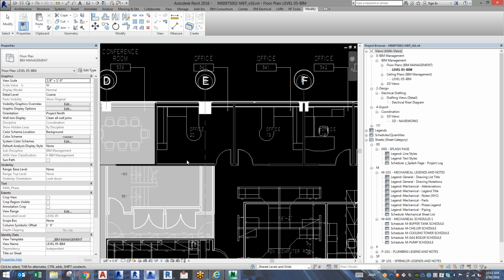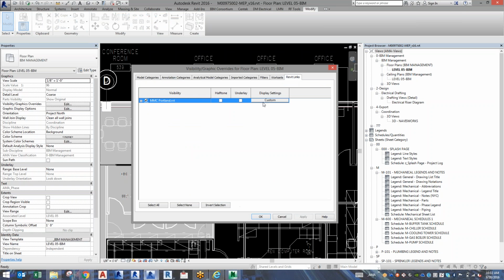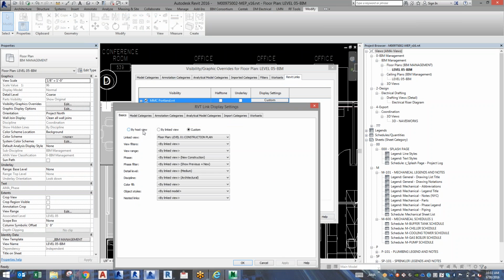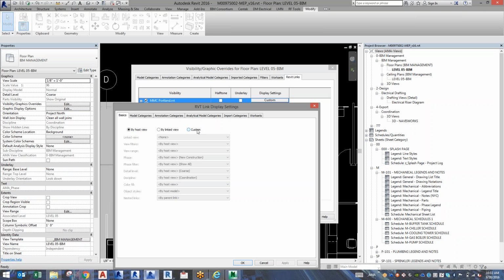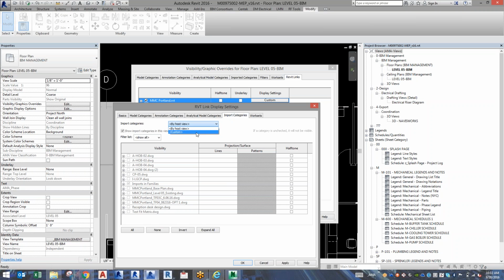Okay, and what this allows us to do is to go back into our Revit links, set everything by host view, apply, and then we still need to show that CAD background. So we go custom, import categories, custom,